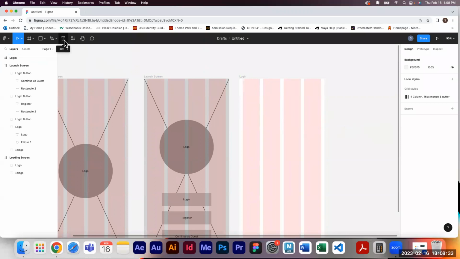So now I want there to be a header that says login. I want people to know what they're doing when they're entering things in. Like when I'm asking them for an email and a password, they should know why they're entering that information in. So I'm going to click on the text tool. You can also type T on your keyboard. And then I'm going to click